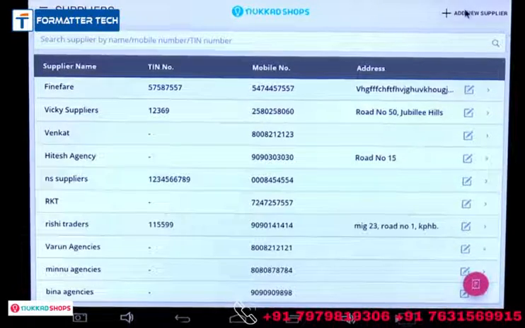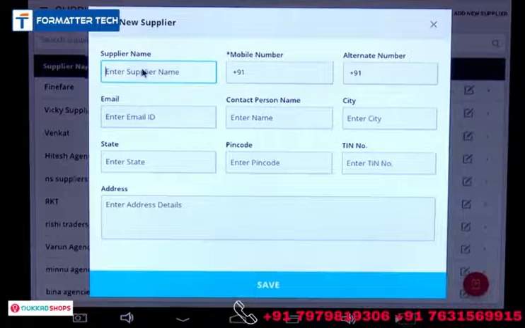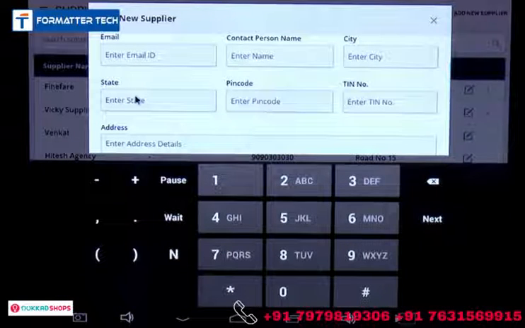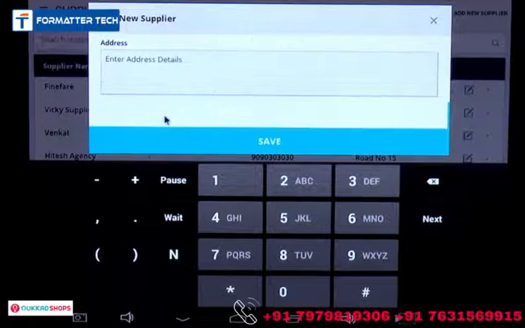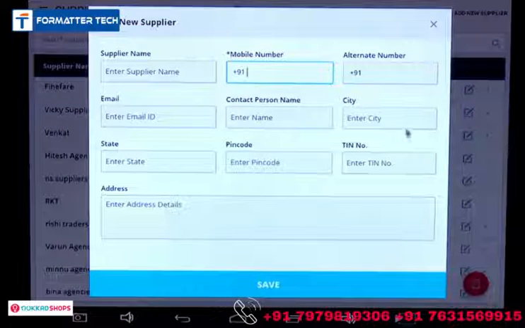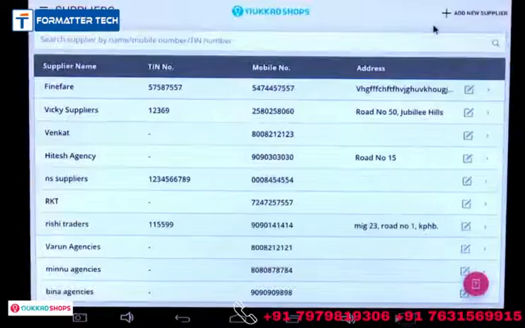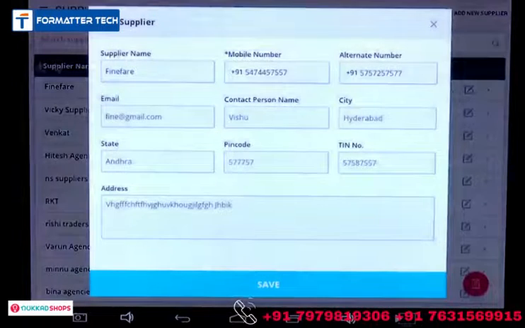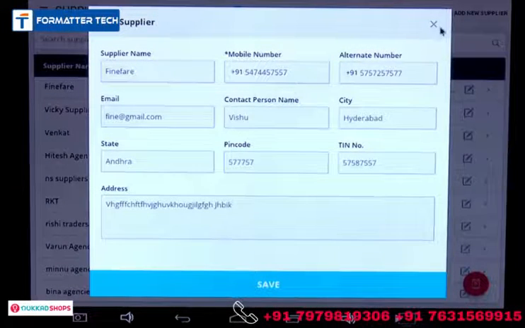So we'll have their information by clicking on new supplier, add supplier information here like name, phone number, email ID, contact person name, city and their address, and this is the entire information of the supplier. And now you can click on save to save this particular supplier. If you want to edit the profile of the supplier, you can click on the edit and get the information